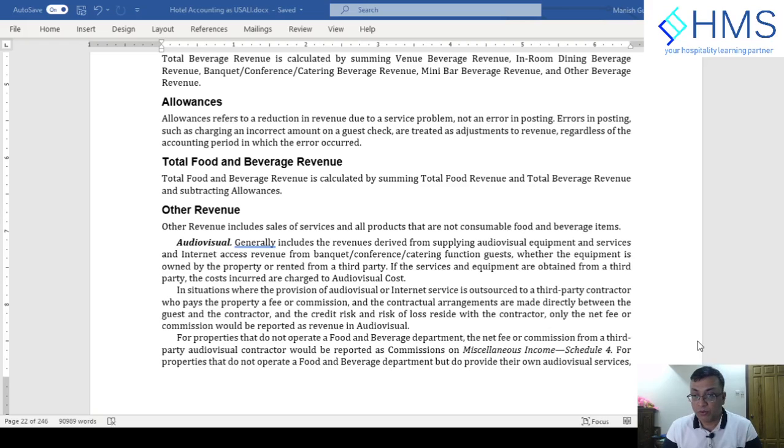Welcome back to this course on F&B. We were looking at F&B revenue. So the F&B revenue, we have seen the food revenue and beverage revenue, where food revenue together with non-alcoholic beverage